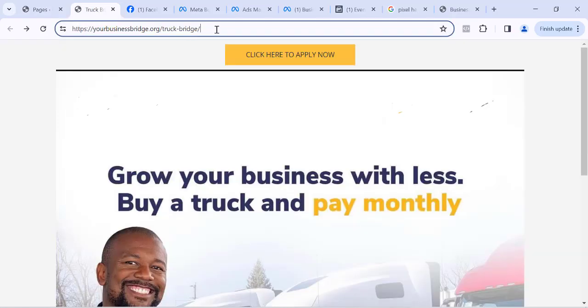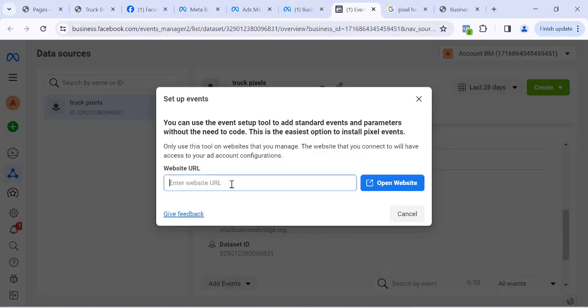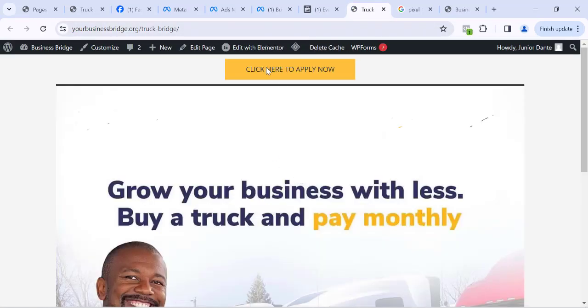You can see the track bridge. I'll copy it. All right, I'll copy it. I'll come here. I'll paste it here. You can see now, paste it. Then I'll click on open website. So once this loads up,